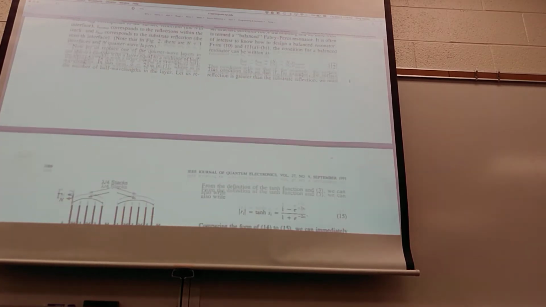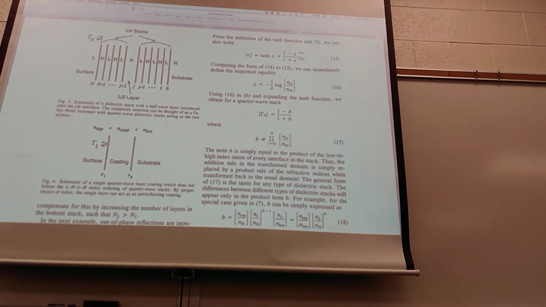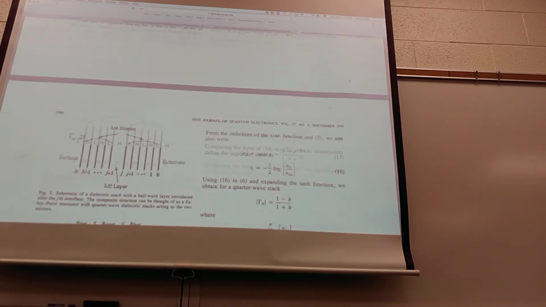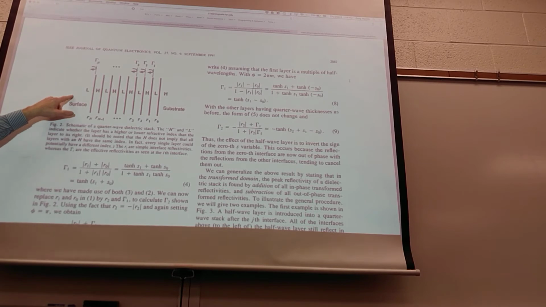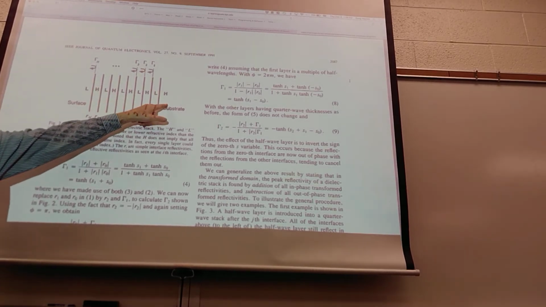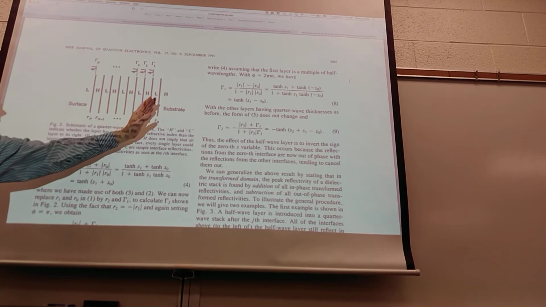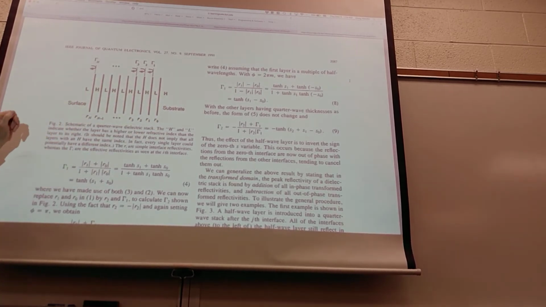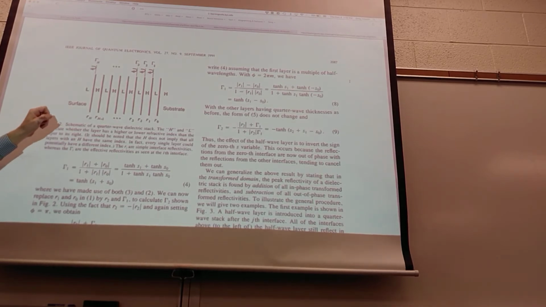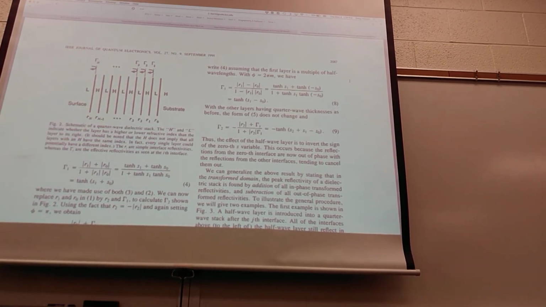Okay, so then you can do things like, well, first of all, if we look at this, so this might be, say, gallium arsenide, and this might be indium gallium arsenide. And then we have these alternating layers of gallium arsenide and indium gallium arsenide. And basically what you end up showing is that this stack, you can make it look like a really good mirror. So it's a Bragg mirror or a dielectric mirror. Two names for the same thing.